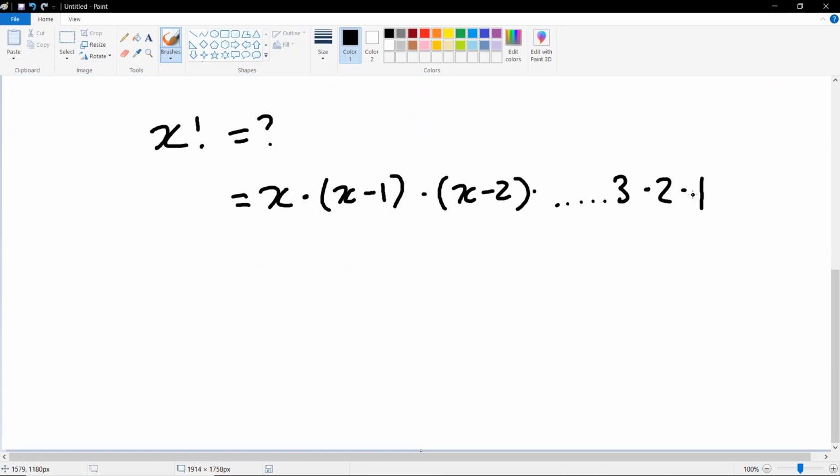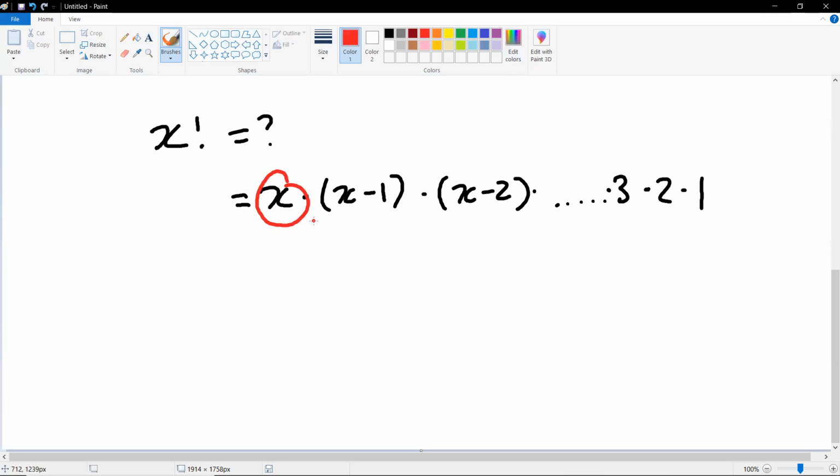We just go starting from x all the way down to 1, and we multiply it all together. And we don't know what x is, so we can't just give an answer immediately, but we have a way of figuring it out because we know x factorial is just going to be